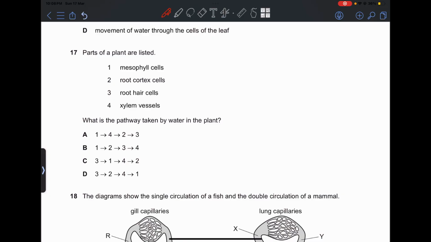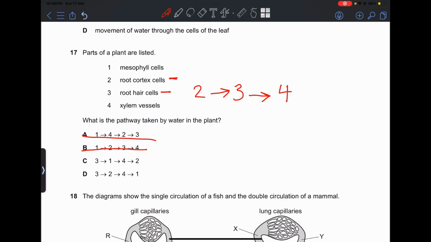So first of all, it will start off from the root, which is the root hair cells over here. So we're going to be choosing between C and D. Now, from root hair cells, it should actually go to the root cortex cells, which is also in the root. From its name, they're both in the root, so you wouldn't move from one area to another unless you finished from the whole root. So first it is from the root hair cells, and then to the root cortex cells, and then it goes